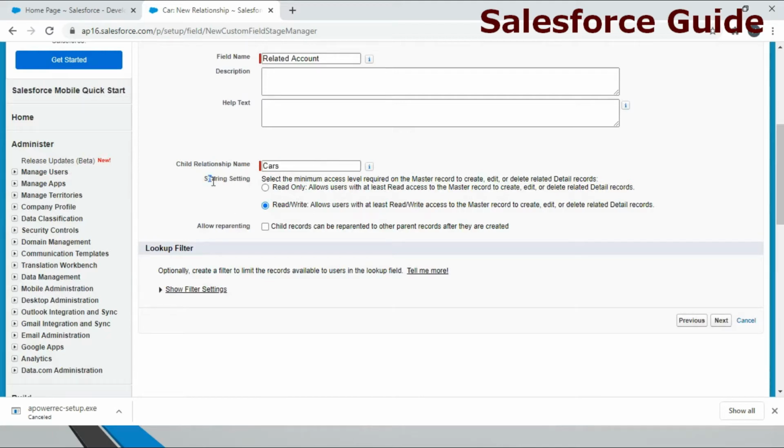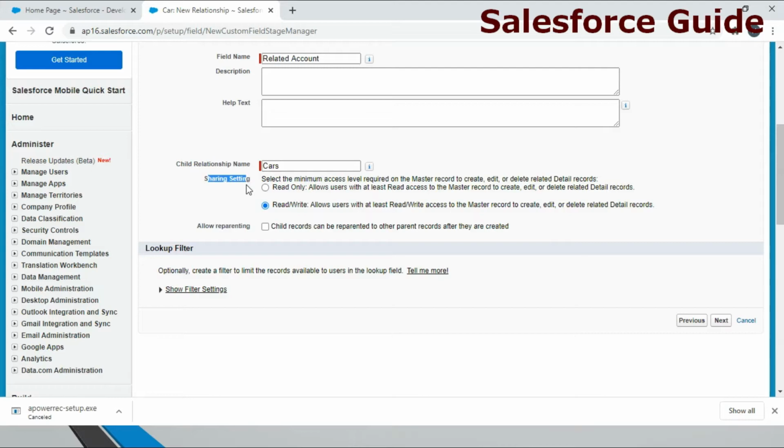Okay, sharing setting. As we know, Salesforce mainly focuses on security, and that's why these two radio buttons are there. The first radio button is read only. Read only means allow users with at least read access to the master to create, edit, or delete related records.